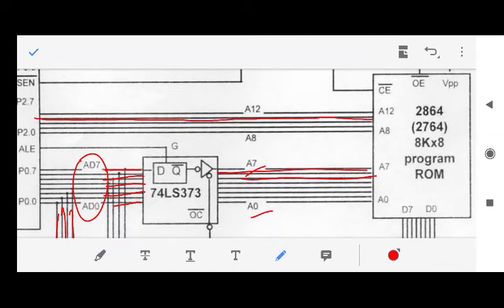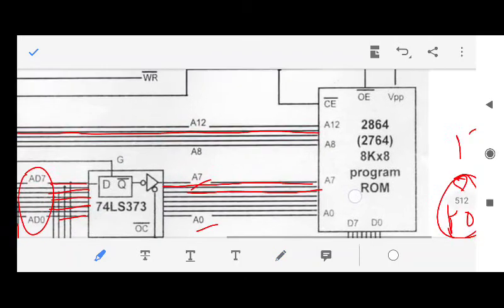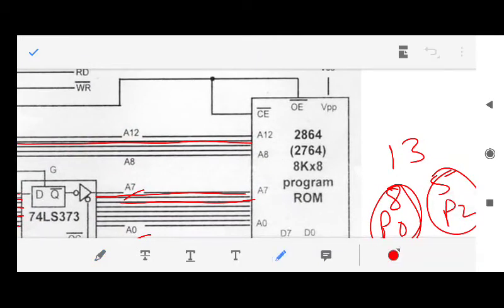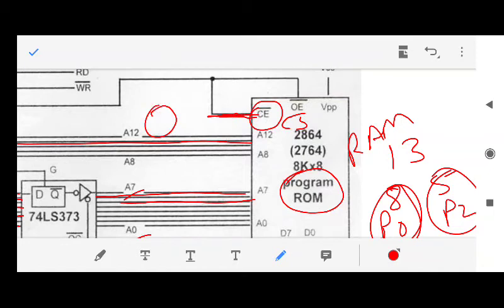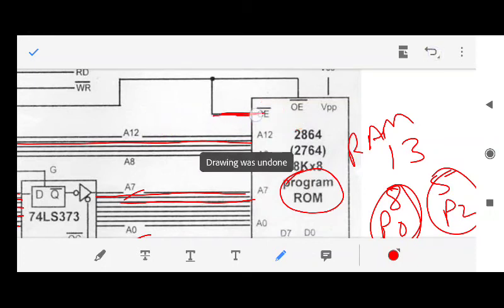Fine. Now we have to use this chip select. If it had been RAM, then what we would have done with the chip enable or chip select, you can write both, both are active low. You would have to use the remaining address lines. What are the remaining address lines? A13, A14. You would have to use A13, A14 to be connected to this chip select signal.